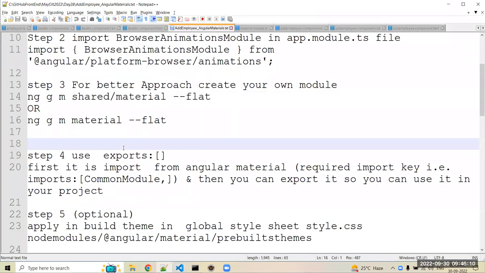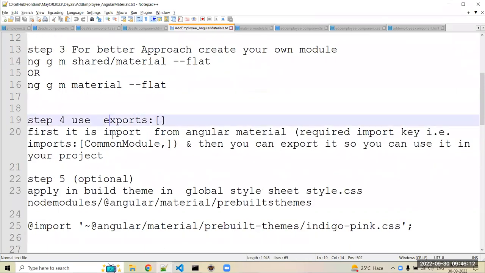Okay, that I also mentioned here. What is the use of export in step number 4? Okay,